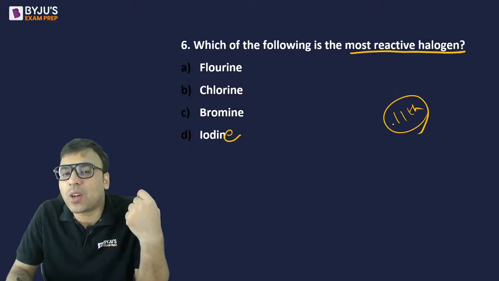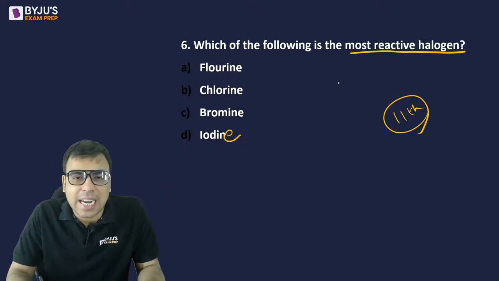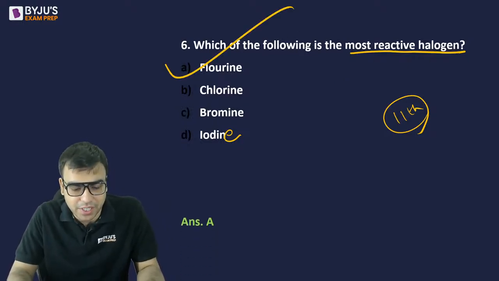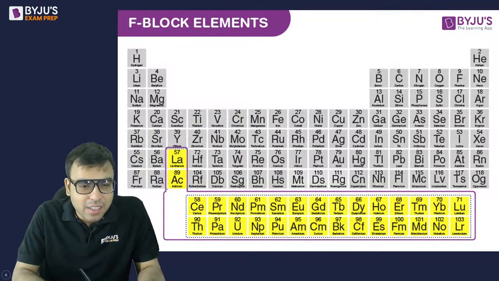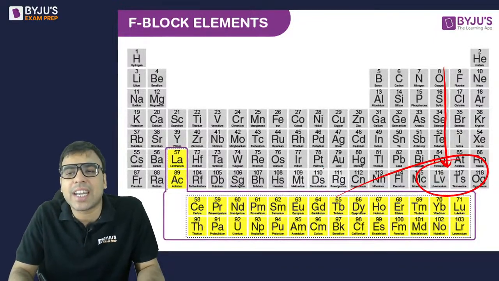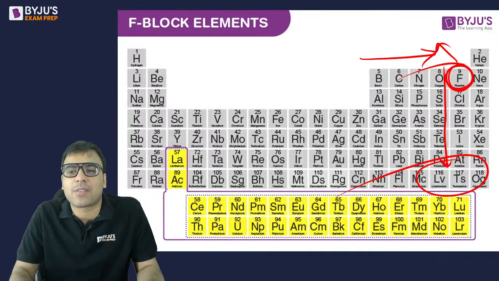Most reactive halogen, the right answer is fluorine. So A is the right answer to this question. Yes, Aditya Mahajan, very good. देखो, generally क्या होता है? So reactivity, if you go down, it actually decreases, है ना? There is some exception here. I am not going into detail. So from here reactivity increases and then decreases. So somewhere here fluorine, है ना? Is one of the highest.